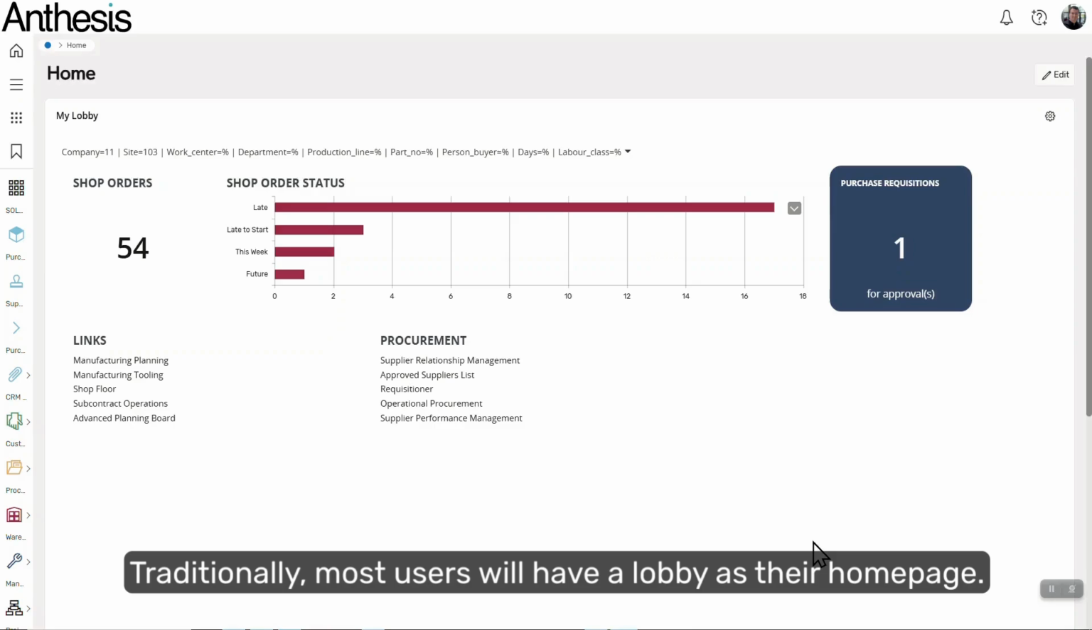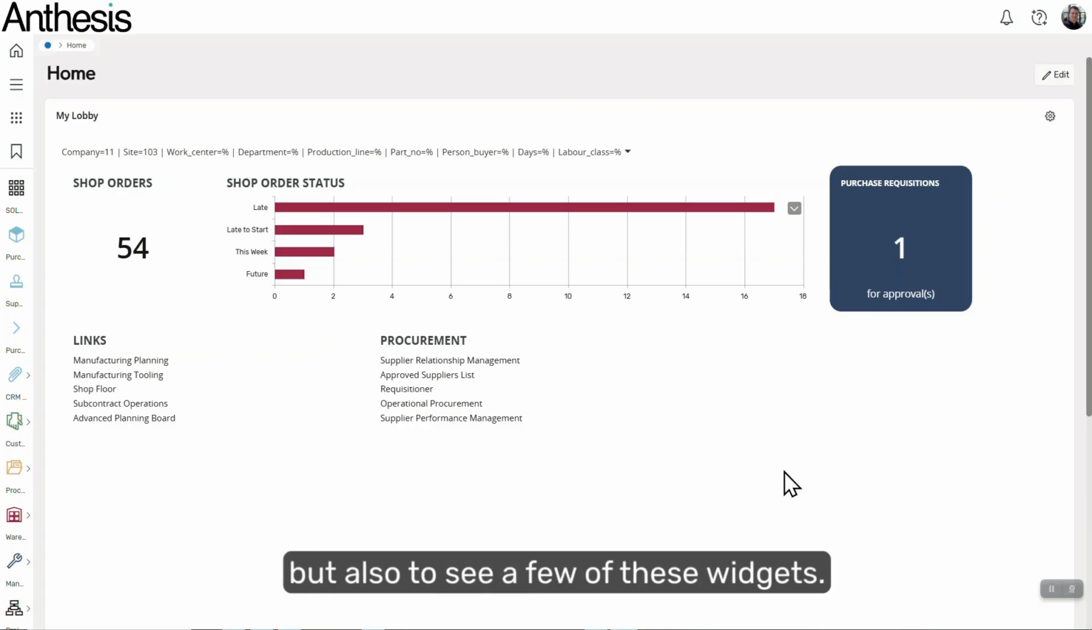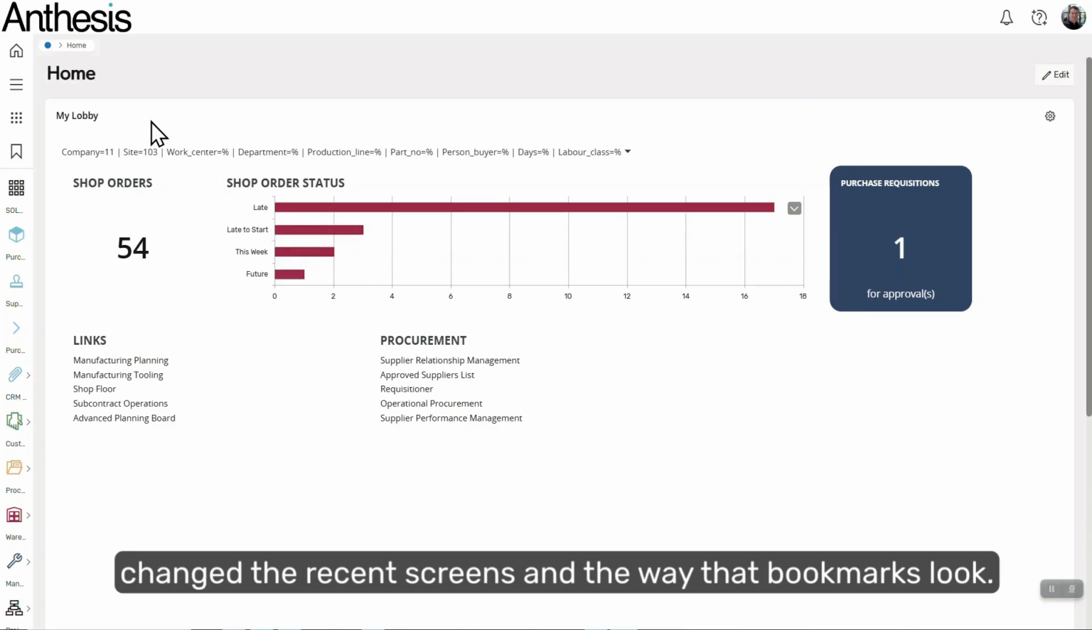Traditionally, most users will have a lobby as their homepage. Now we have the option for users to build their own lobbies as part of their homepage, but also to see a few of these widgets. Before we get into that, I'll just show you as well, IFS have changed the recent screens and the way